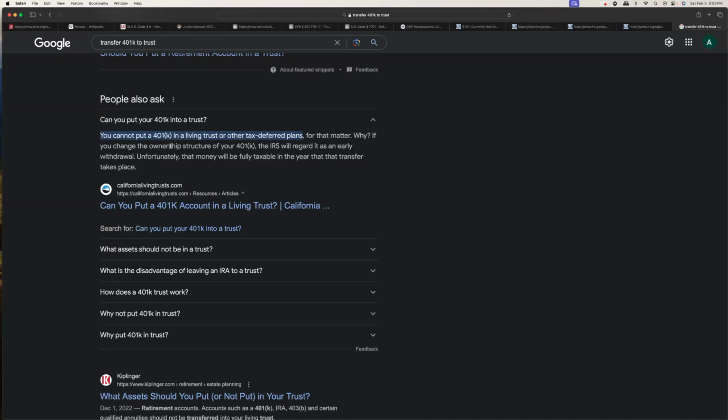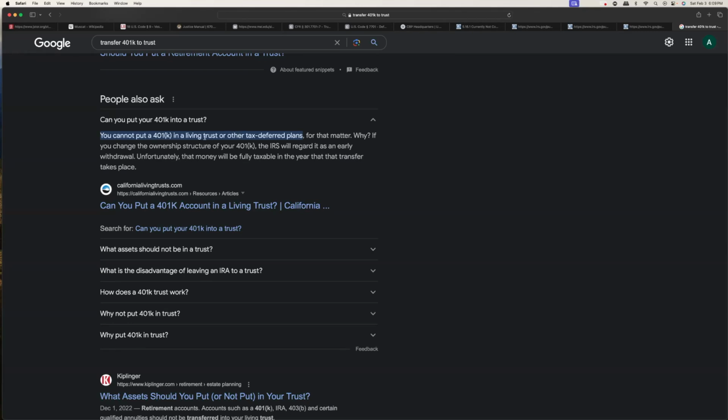It says you cannot put a 401k in a living trust or other tax-deferred plans for that matter. Why? If you change the ownership structure of your 401k, the IRS will regard it as an early withdrawal. Unfortunately, that money will be fully taxable in the year that the transfer takes place. Again, that's if you don't provide a W-8BEN-E to avoid that taxation at the time it is done. So you want to do a W-8BEN-E to transfer everything over